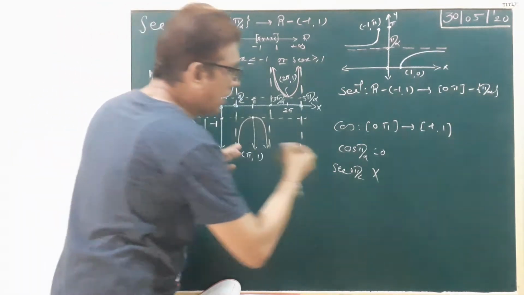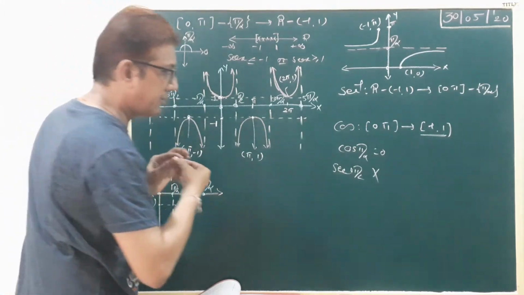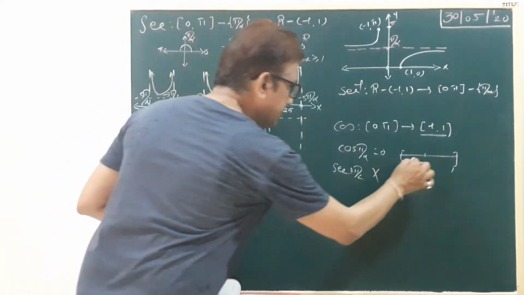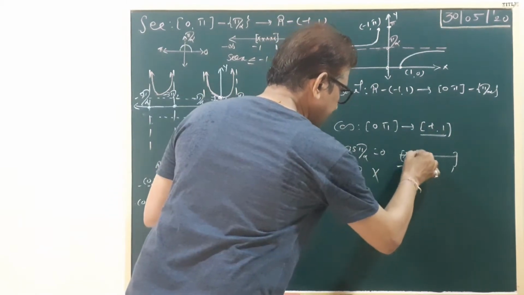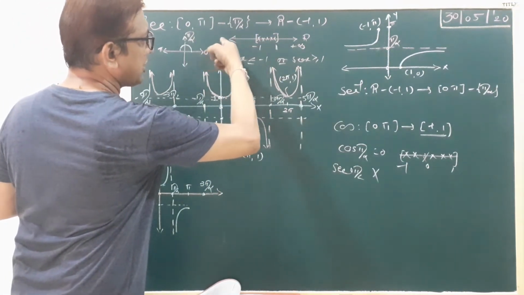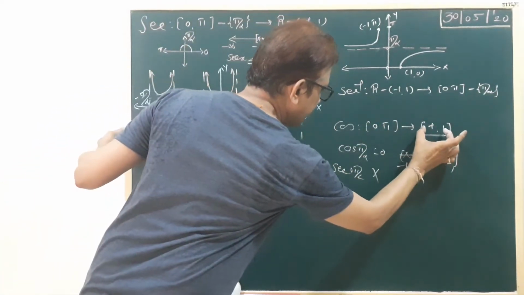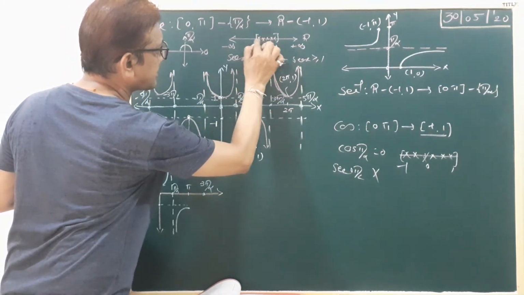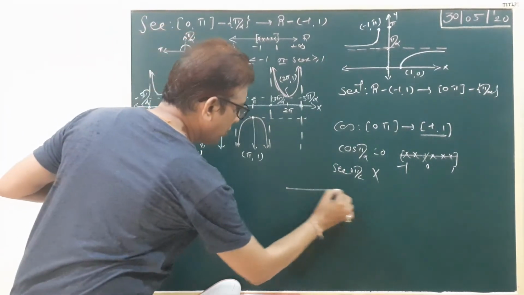Okay. Now the range of the cos function is -1 to 1. Closed interval -1 to 1. Right? We draw the figure here: -1 to 1 and in between 0. Now this value is cancelled. In this interval, this portion is cancelled. So here we draw the number line R, minus infinity to infinity. In between, this portion, closed interval -1 to 1, will be cancelled. Cancel this portion. Right? So what remains?